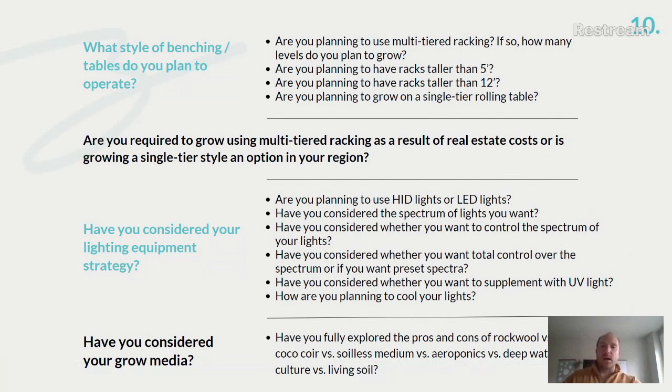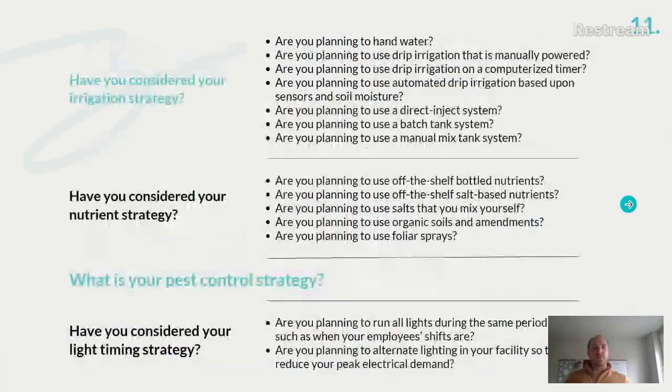And while there are, again, pros and cons of each, understand why you're making that decision. Sometimes, I've heard in certain situations, facilities have gone with rock wool because the main investor didn't want to see dirt in the facility. That's a reason to make that decision. I'm not sure it's the most informed or the one that's really going to execute on that business model as effectively as possible.